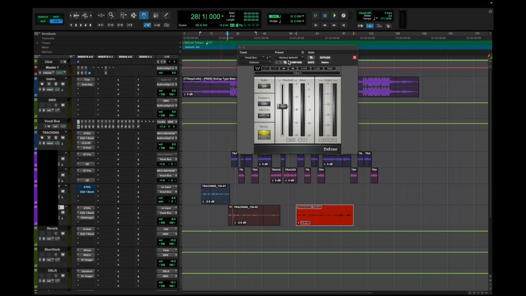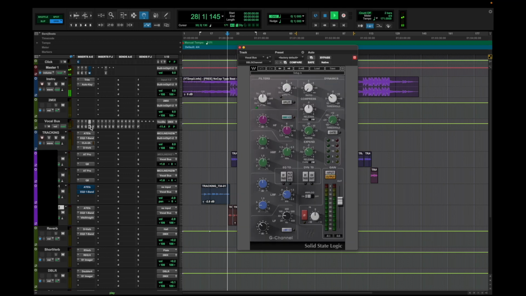So if you notice, whilst the artist is saying certain S's and certain harsh words, the de-esser just slightly kicks in to bring it down a bit. And I feel like depending on the level of your vocal, this will vary. For the amount of input in my vocal, I put it on 34.6, and I keep the audio on split band. Essentially, that means that it won't lower the whole vocal; it'll just lower that frequency when the voice gets to a certain harsh level.